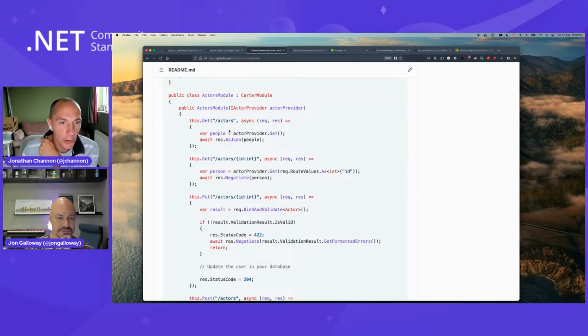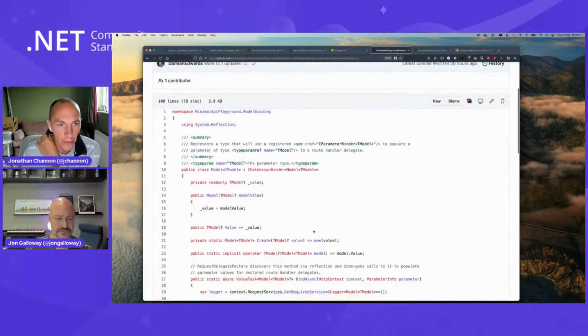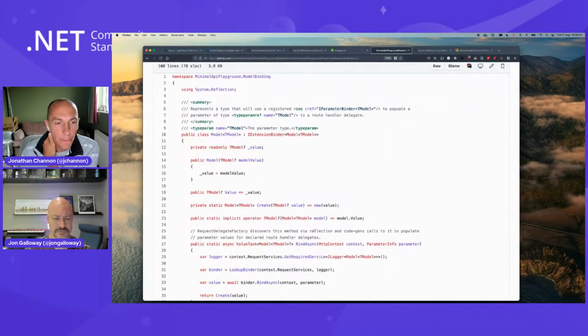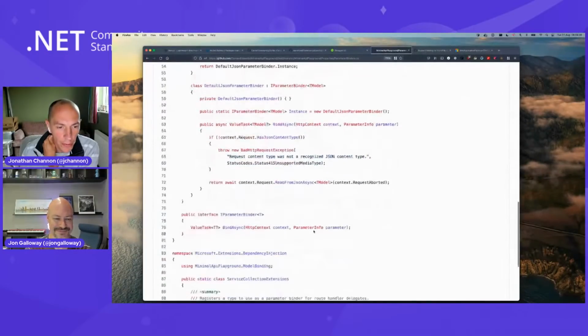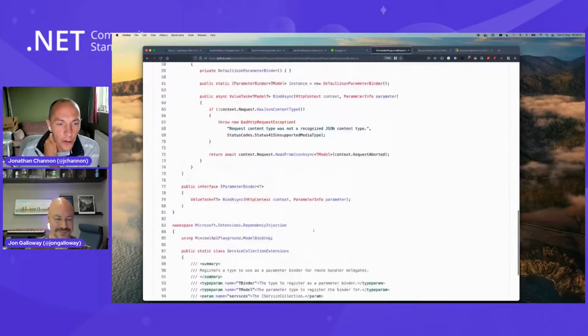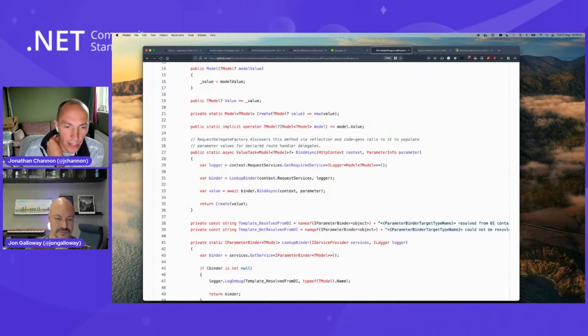There's no model binding in Carter anymore either. What you can do, and which I'll demo in a bit, is in .NET 6, and Damien's got an example here, which I know looks a bit scary, but it's not as bad as it looks. If you're trying to bind a type, you can add a BindAsync method to your type, and then you have complete control over how that object is model bound.